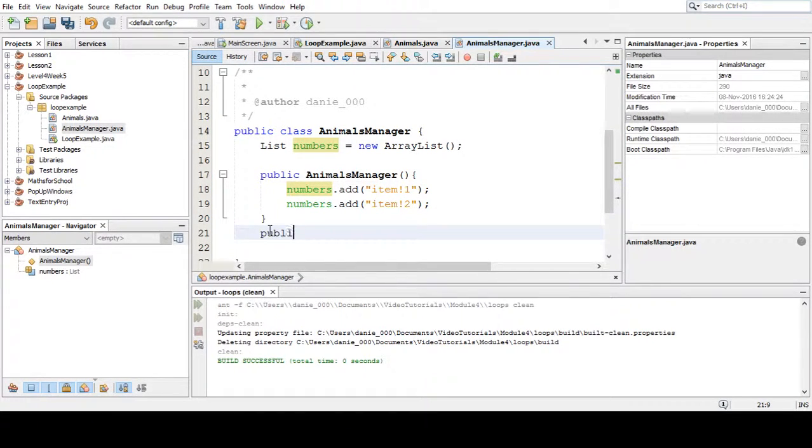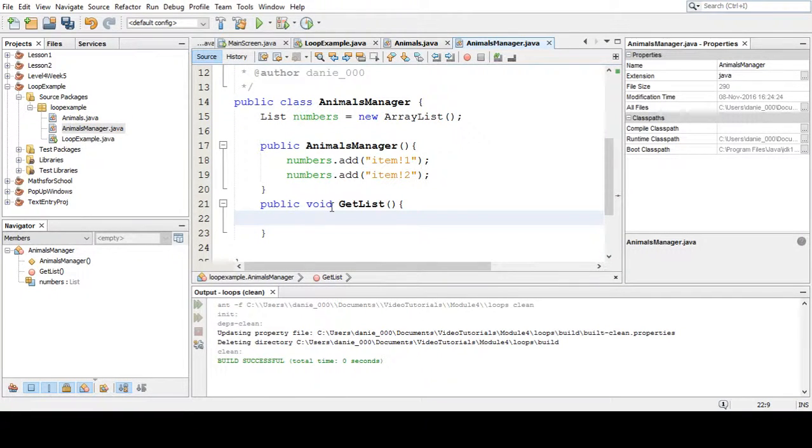Let's create a new method called getList. Doesn't matter what you call it. And in here, I'm going to get it to print out system.out.println. I want to print out numbers, and then you use those squares to identify it as an array, and then what